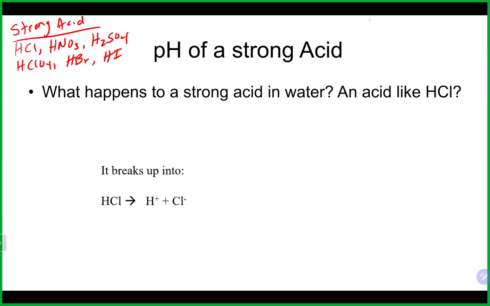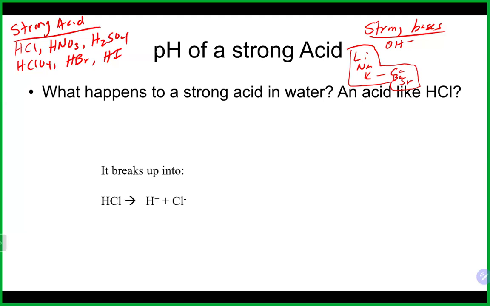By the way, strong bases as well typically will have hydroxide in it. On the periodic table, like lithium, sodium, potassium, hang a right to calcium, a little bit of strontium, some barium as well. Any of these that have hydroxide in it typically are going to be your strong bases. Now, because they're strong acids or strong bases,